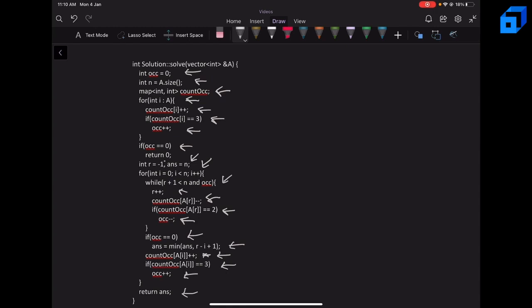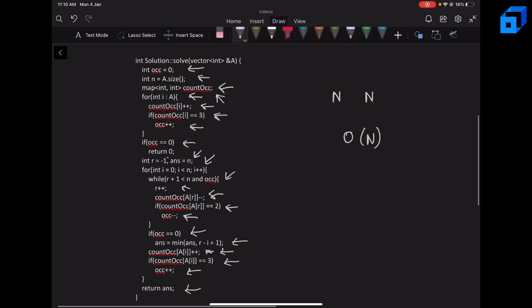So what about the time complexity? We know that the left pointer will increment at most O(n) times. Similarly, the right pointer will also increment O(n) times. So the time complexity will be O of n. But let's say you're also keeping a map to store frequencies, and we know that insertion and checking works in log n in a map. So the map will cost n log n. So total time complexity will be n log n. Also, you could use, let's say, a hash map to reduce this to O(n).